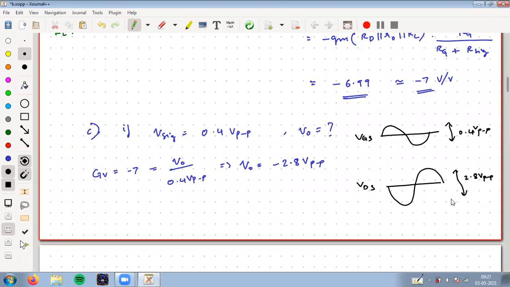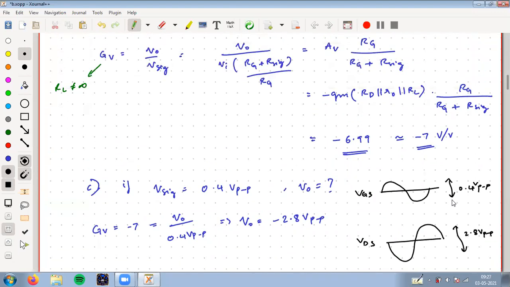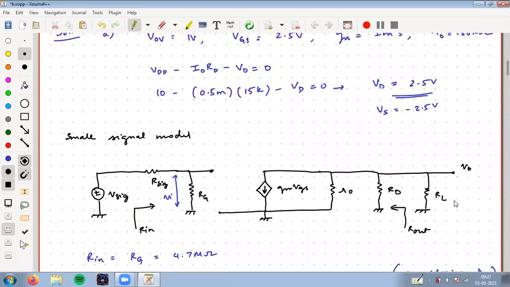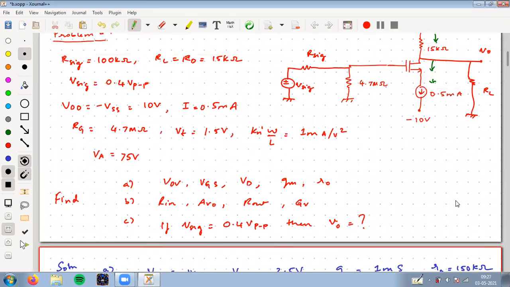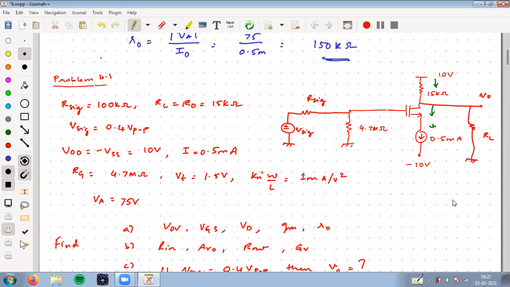Right. So this is your common source problem. Again, I want to make a slight extension to this problem. See, this problem has no RS, it has no source resistance. If I want to do the same problem with the source resistance, then what I do is